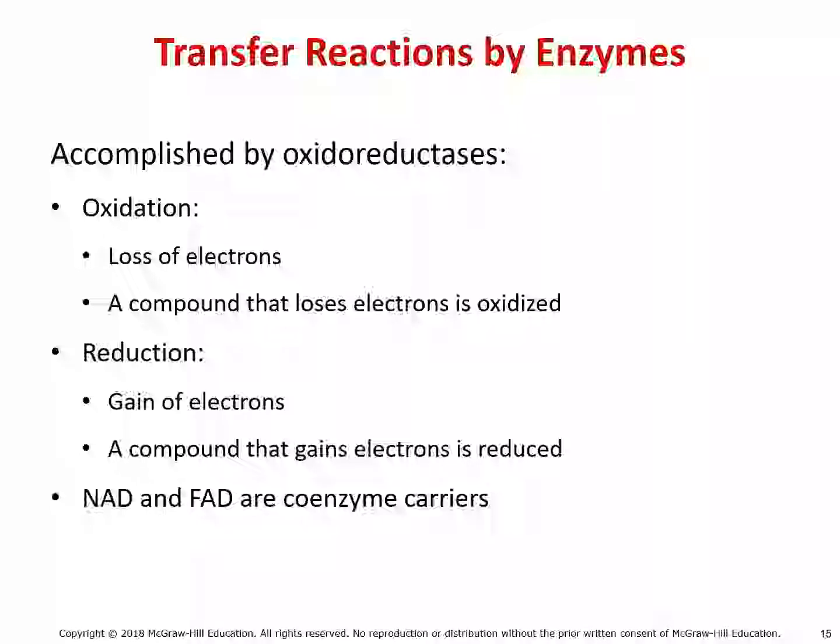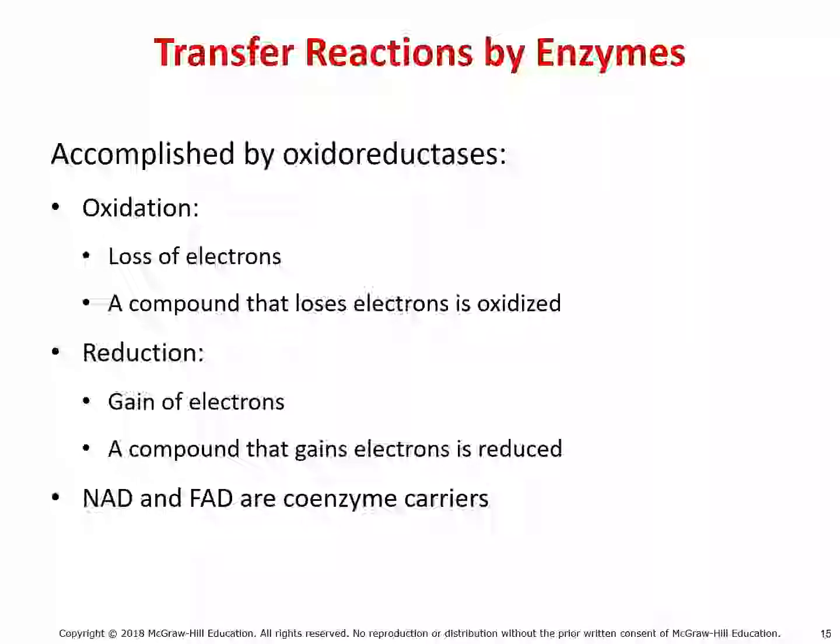So transfer reactions by enzymes often require the movement of electrons. And so again, that would be accomplished by that group, the oxidoreductases. But we should really again remind you of what oxidation and reduction is. We said it before, but it's important to remember that oxidation is the loss of an electron. Ultimately, that oxidized thing now has a positive charge. But if we move the electron to another substrate, it now gains a negative charge, making that overall charge now